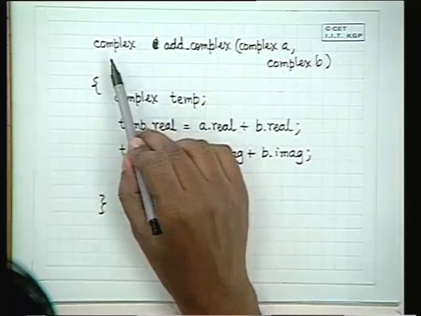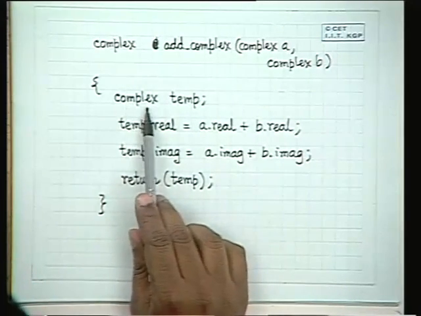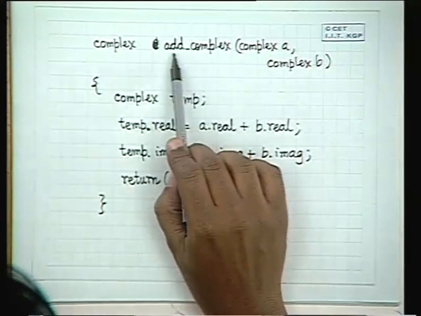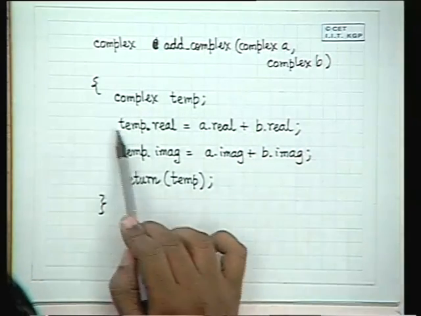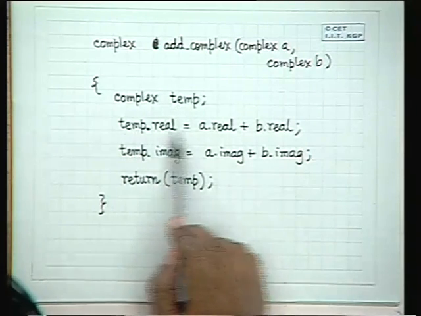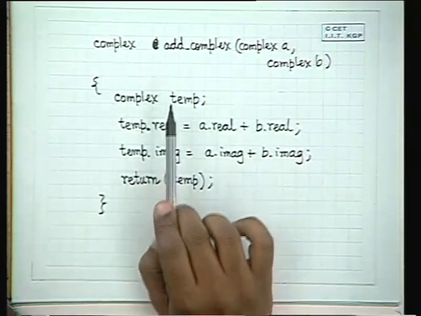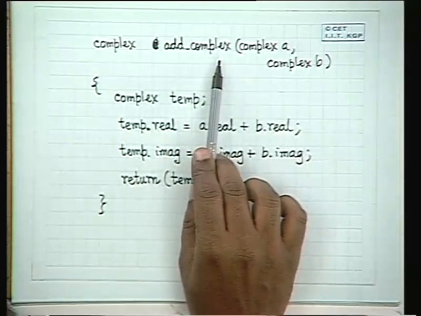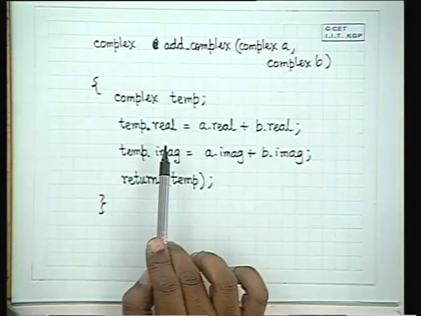So the intention of showing this is that we have used a complex type as a pure type definition, and inside the function we have computed the value, because now inside the function you need to know the structure of the variable. Anybody else who uses a complex type and wants to add two complex numbers will only call this routine, and need not access the internal portions of this structure.